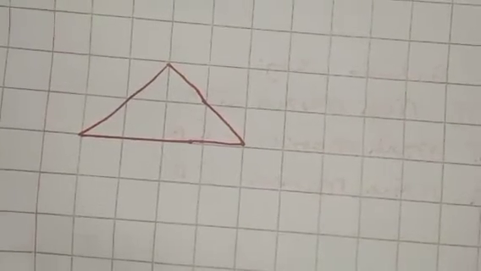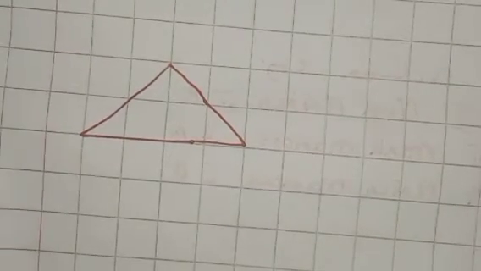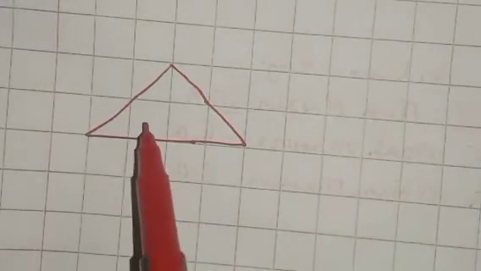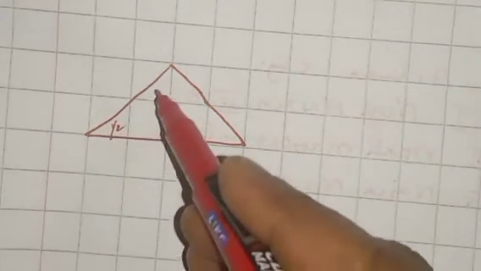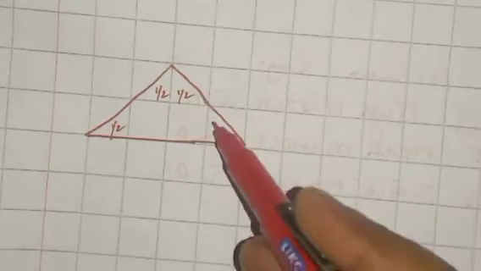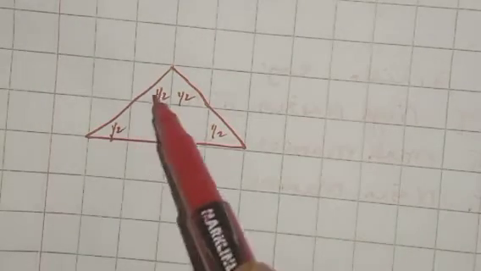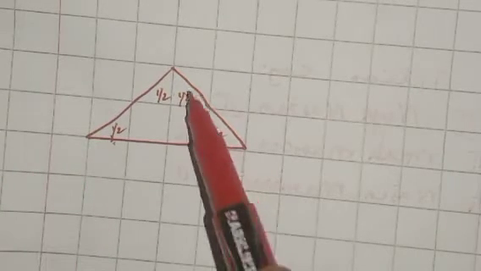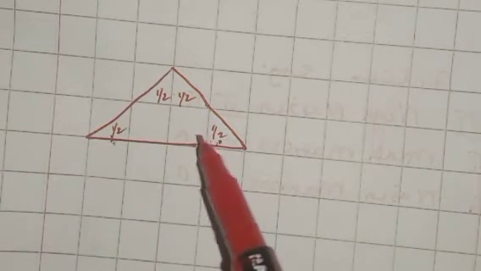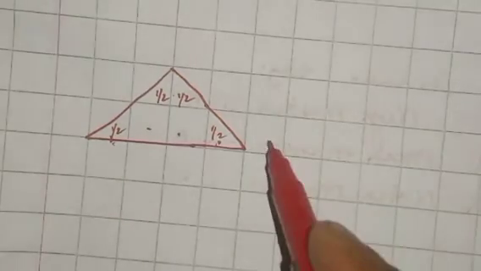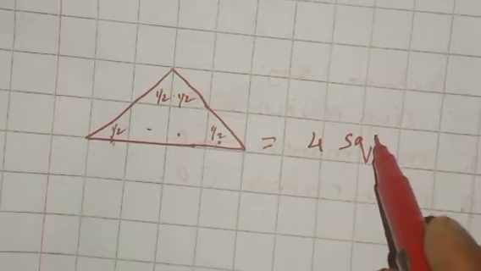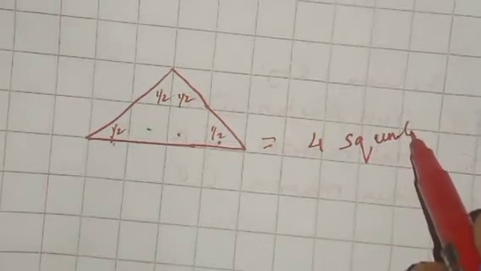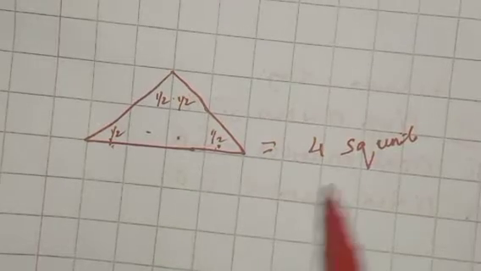Next, one more picture. Find out the area of this triangle. So here, when you count in this area, this and this is 1 unit. 1 plus 1 is 2. Then here also 1 half. Here also 1 half. Here also 1 half. Here also 1 half. So you studied half plus half is 1. And here also half plus half is 1. So 1 plus 1 is 2, 3, 4. So the area of this triangle is 4 square units.